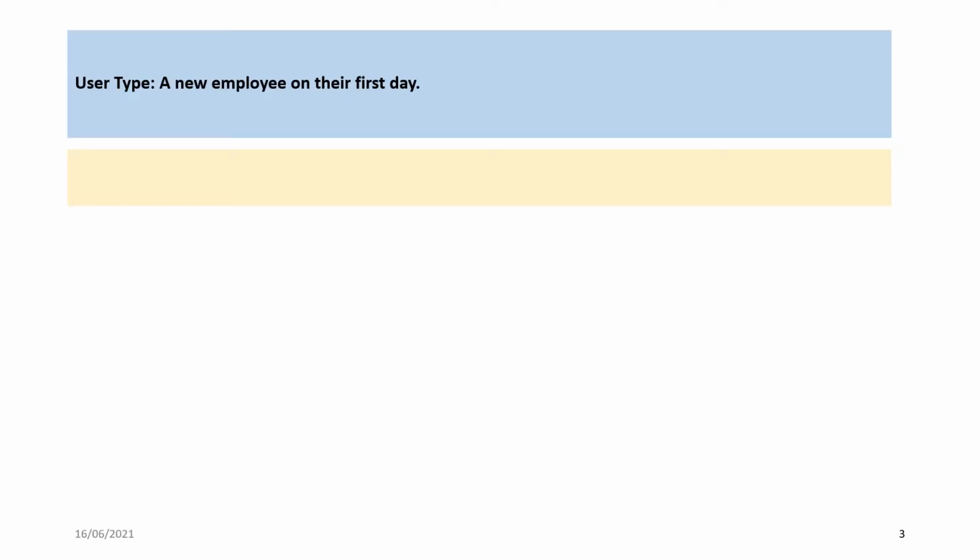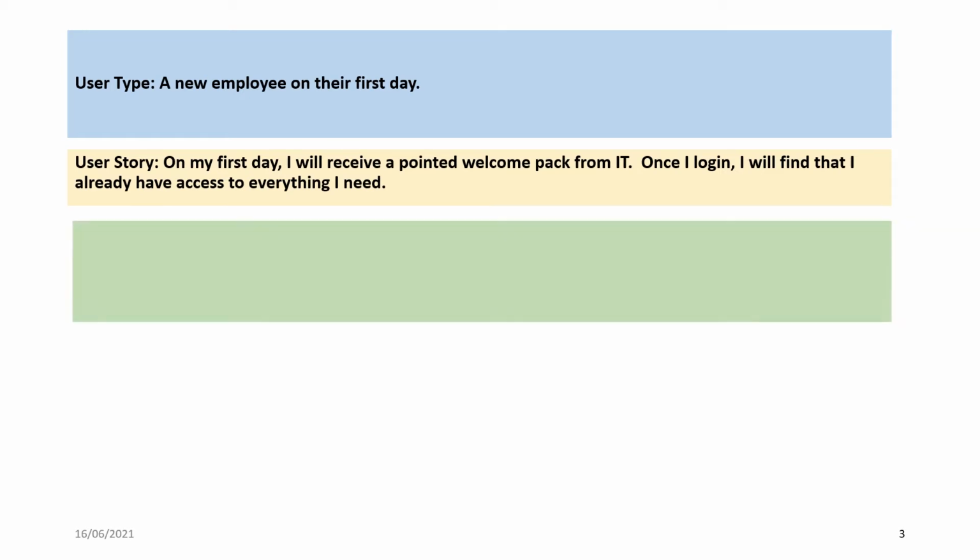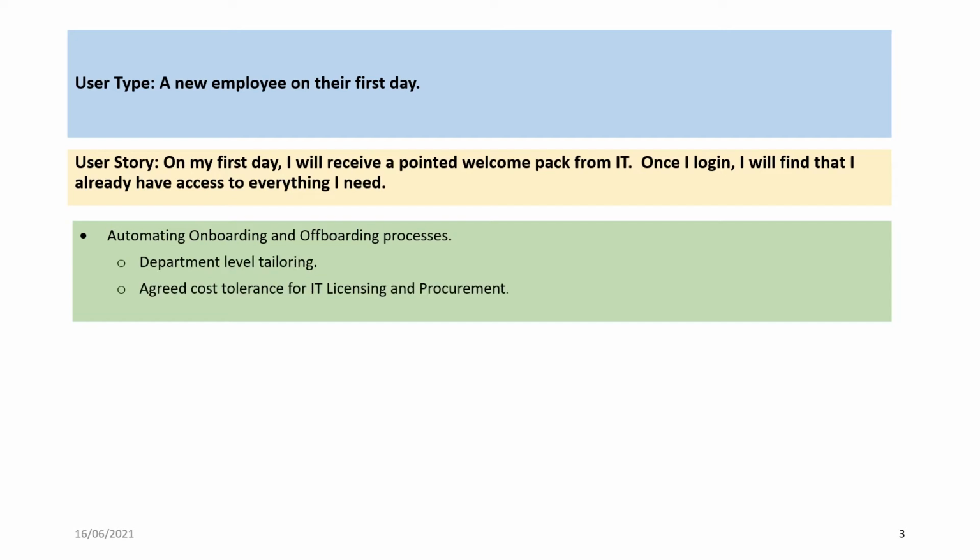Our first user type, a new employee on their first day. The user story: on my first day, I will receive a pointed welcome pack from IT. Once I log in, I will find that I already have access to everything I need. For this, we could automate onboarding and offboarding processes with department level tailoring and have agreed cost tolerances for IT